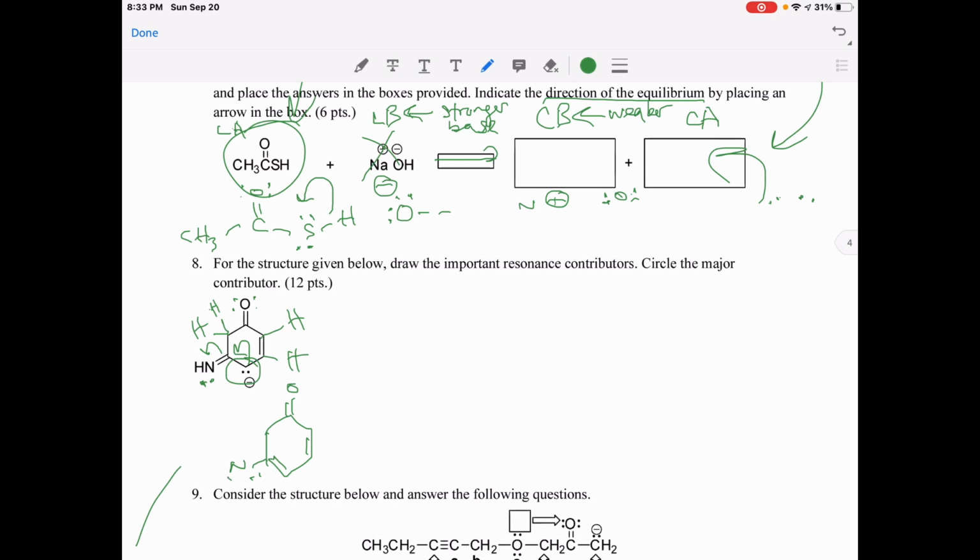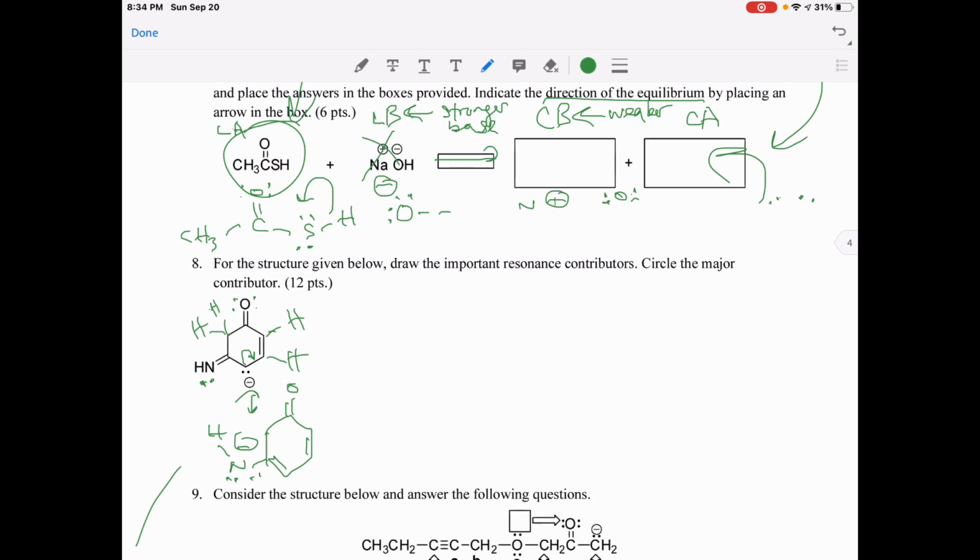We get that nitrogen with two additional lone pairs, and that hydrogen with the additional lone pair, and we get that double bond. So we have one resonance structure so far. Now let's try going from the right. If I remove those previous annotations and we move to the right, then what we find